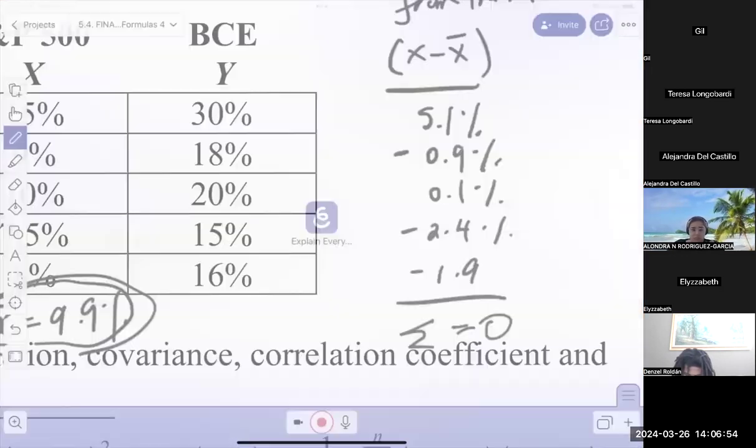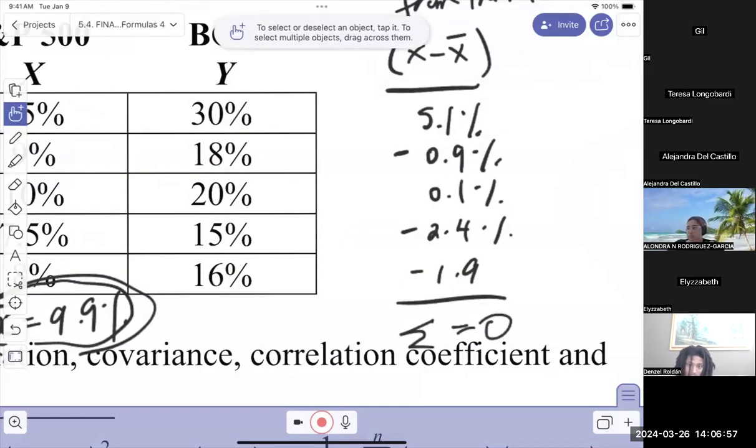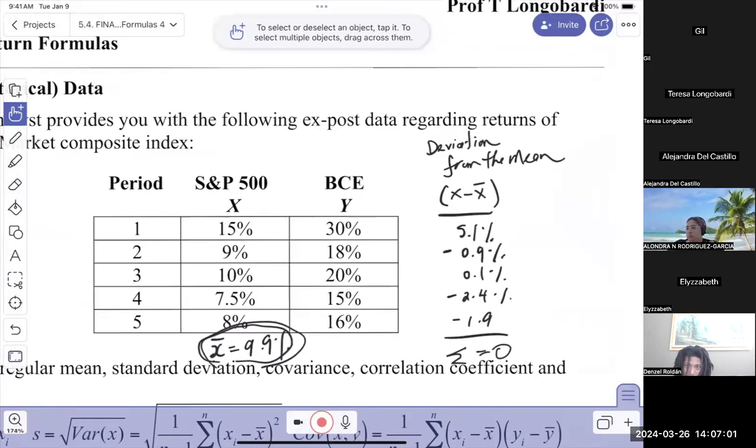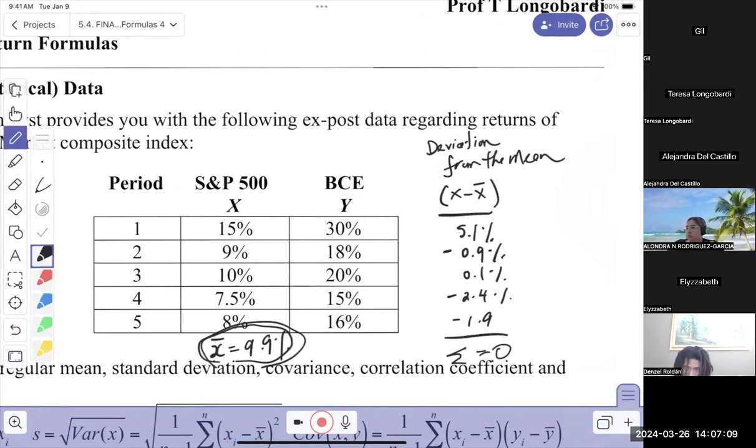Why is it the same number? Why will it be 0? Will it always be 0 for any pair of data? The answer is yes. The deviation from the mean calculated like this will always be 0 because what we're doing